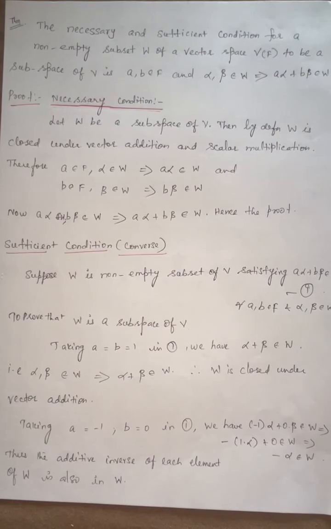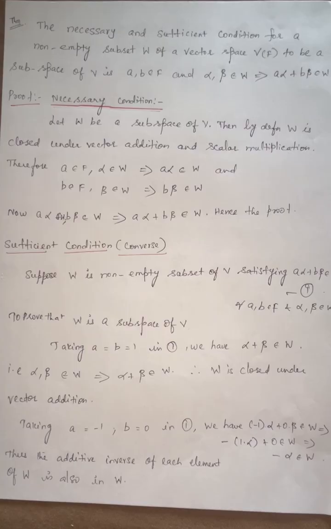In this video, let us see some of the criteria for a subspace. In my previous video, I covered one criterion, and this is going to be the second one. The necessary and sufficient condition for a non-empty subset W of a vector space V over F to be a subspace of V is: a, b in F and alpha, beta belonging to W implies a alpha plus b beta